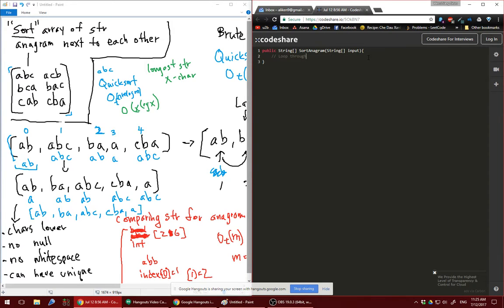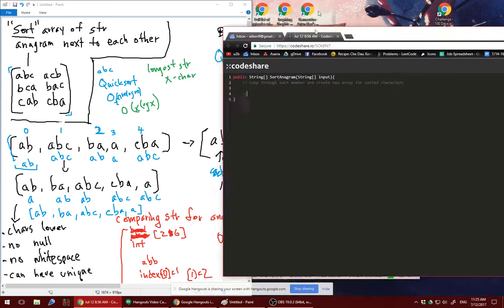So I'm gonna loop through each member and create a new array for sorted characters. That's step 1. Step 2, once everything is sorted,